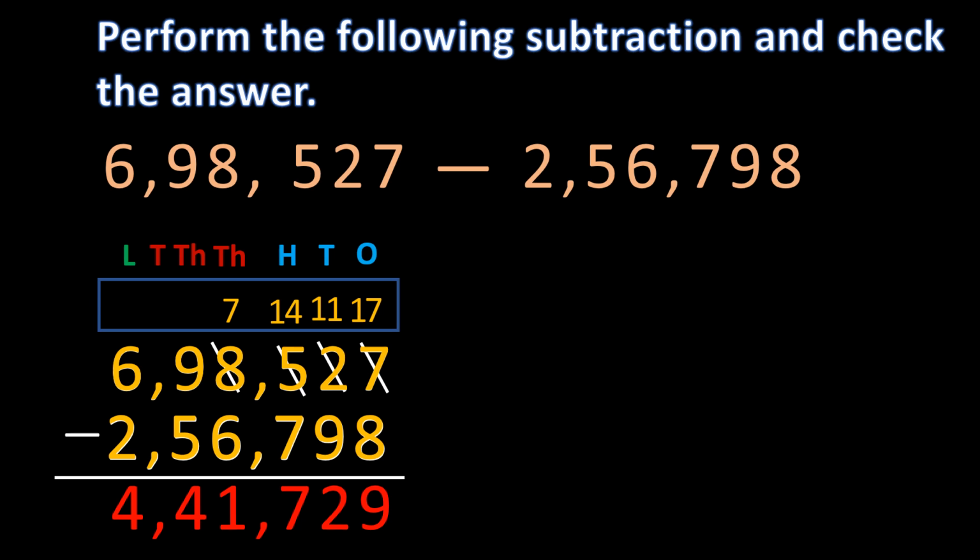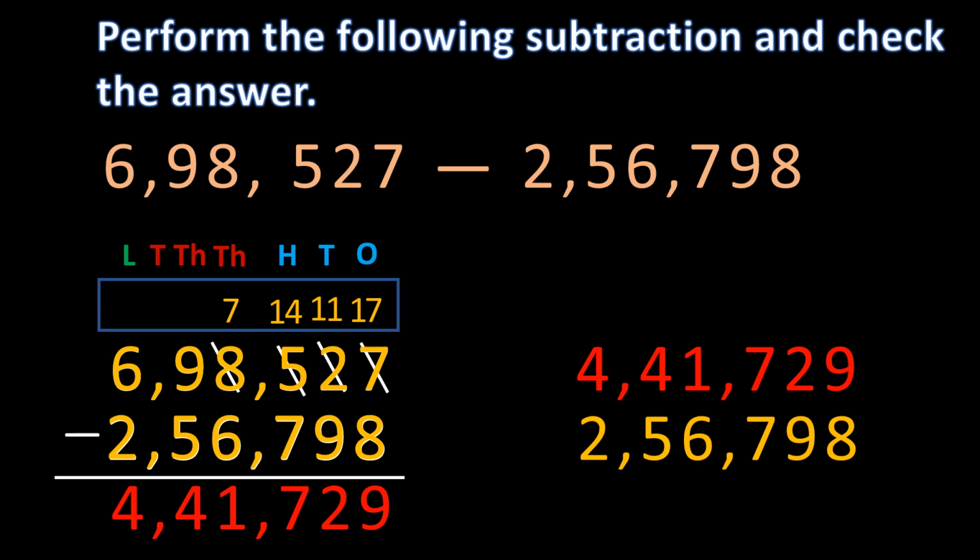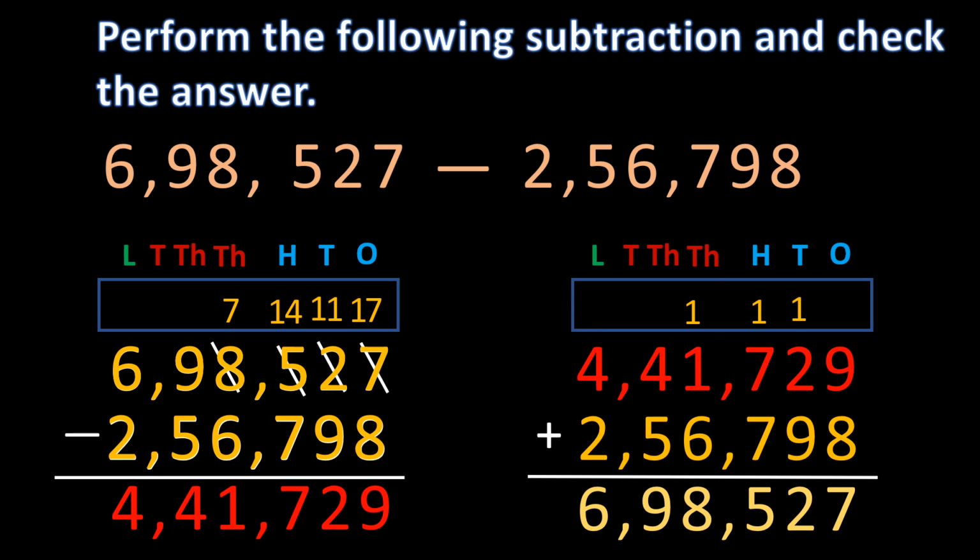For that, we need to do addition. And how to do the addition? For this, first we need to write down the difference at the top. And then we are going to write the smaller number from the question on the bottom. And then we are going to do addition and get the sum. At last, we need to check the sum should be equal to the bigger number of the question. If both the numbers are the same, that means we have done our calculation right. But if both the numbers are not the same, that means different, so maybe we made some mistake, maybe in subtraction or in addition.